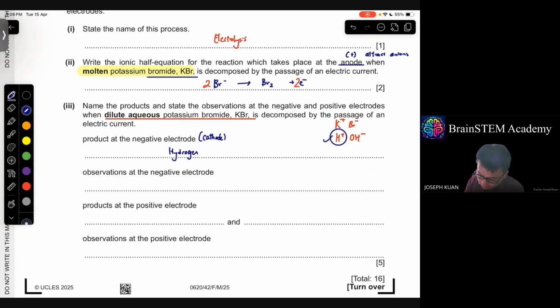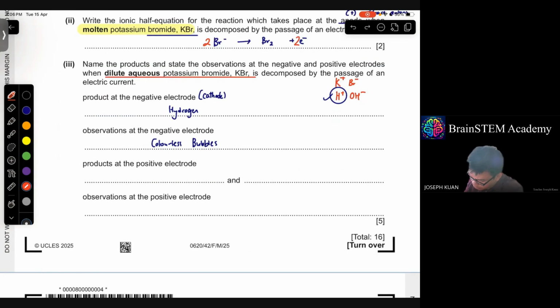Now, for that, since hydrogen gas is formed, we will see bubbles at the negative electrode, or colorless bubbles. You may also say it's fizzing or bubbling, or effervescence. Now, looking at the positive electrode instead, since it's a dilute solution, the priority is given to our hydroxide ion here. So when hydroxide ion is discharged,